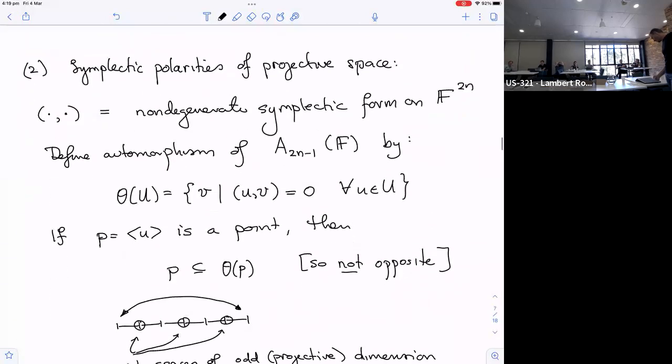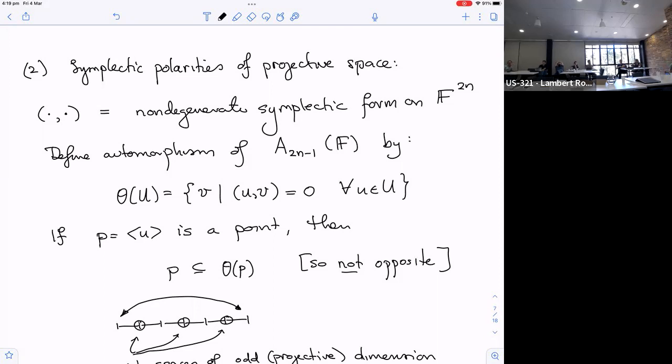I'll go over quickly another example, symplectic polarities of a polar space, of a projective space. So we have to be in even dimensions here, and F is now a field as well, not a skew field. So it's a commutative field. So we've got an even dimensional space taken on to generate this symplectic form and define an automorphism by mapping a space U, because remember they're the simplices of the projective space. A vector space U is getting mapped to its, I'm not sure what the right word is, annihilator or something